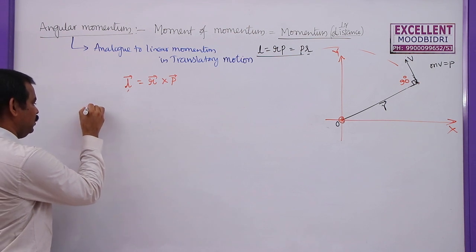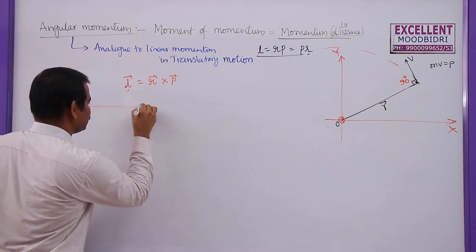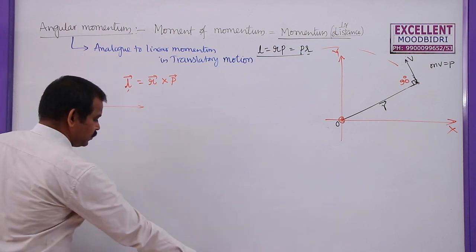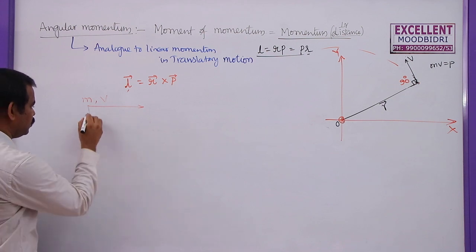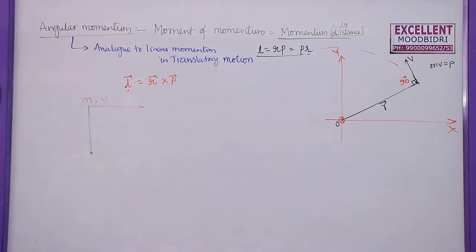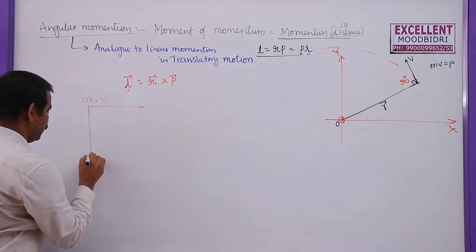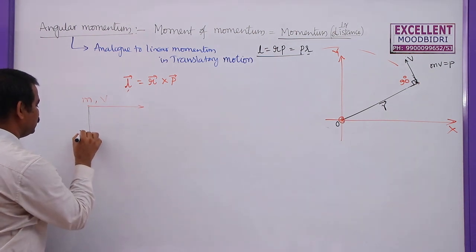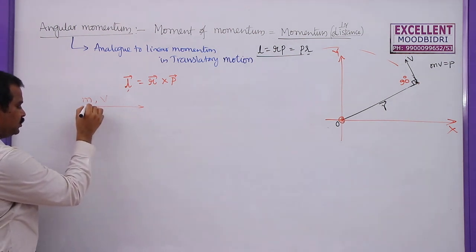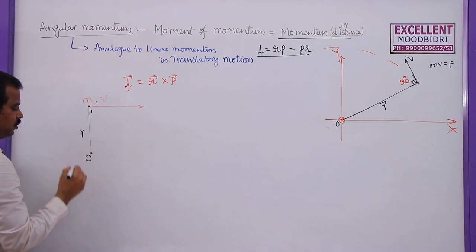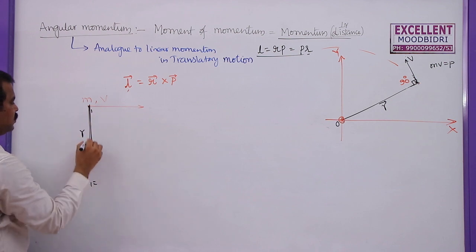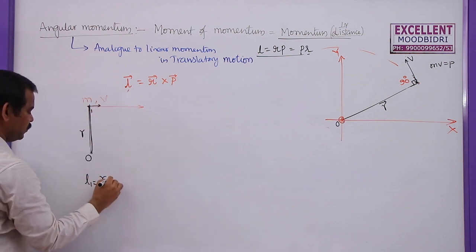One particle is moving along the x-axis. Let the mass of this particle be m and it is moving with uniform velocity v. Now I want to find the angular momentum of this particle at different places. This is the point, let us say O, and it is at a distance r from the initial position of the particle. So what is the angular momentum of this particle about O in its first position? I am going to write this as L1, which is given by this perpendicular distance and momentum p. So this will become rp.